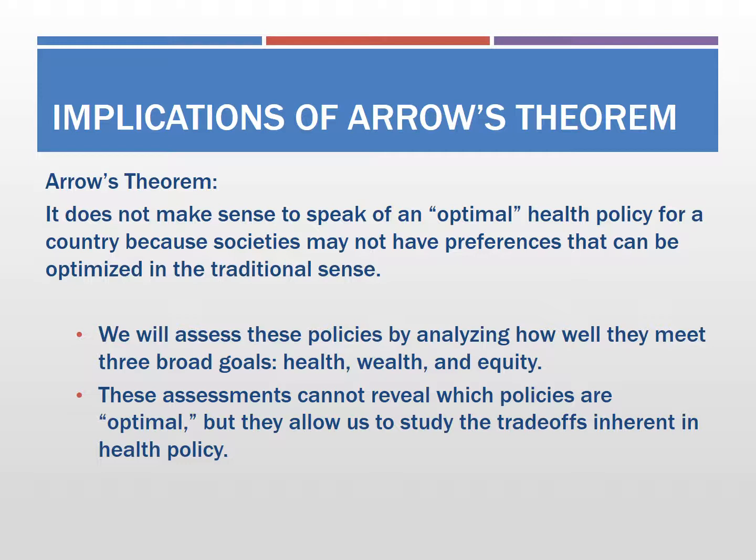So even though that's the conclusion we actually see from Arrow's theorem, it does not stop governments from formulating an optimal health policy for the country. So for the following sections, we are going to assess these policies by analyzing how well they meet the three broad goals that we construct in order to evaluate the effectiveness of health policy, which is health, wealth, and